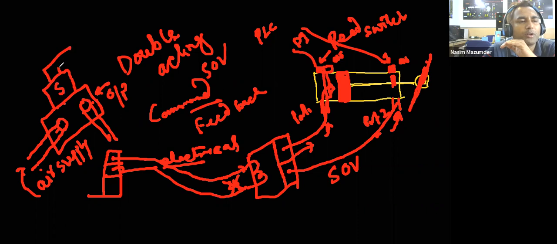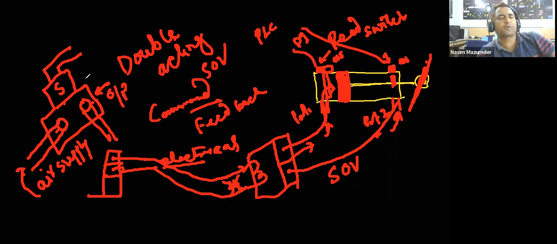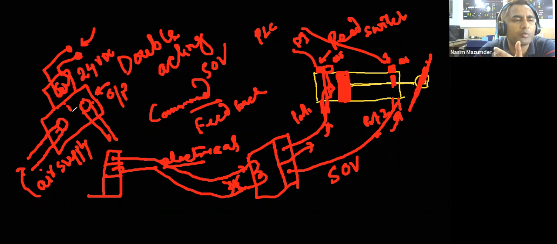So there will be a solenoid, and based on the power supply of the solenoid, you have to give it the supply. There are various different types of solenoid available. In general, for instrument purposes, we use a 24 volt DC solenoid. So your PLC will supply 24 volt over here, and if 24 volt is coming to this coil, it will generate a magnetic field. This magnetic field will pull or push this particular plunger or a ball inside.